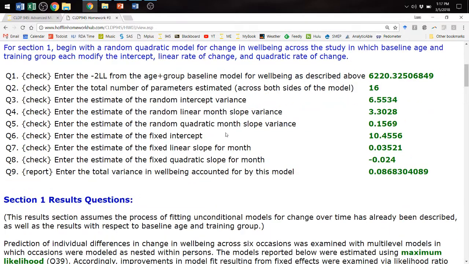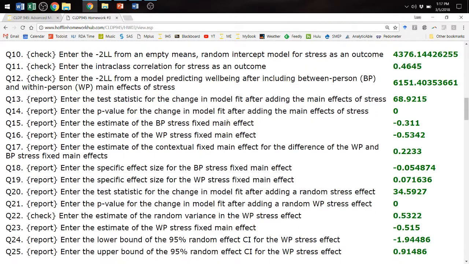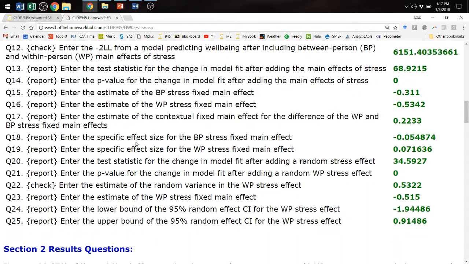So yes, computational questions, I think, for the most part, went pretty well. I did have several interactions with folks thinking about how to figure out what the specific effect size is. And for that reason, your next homework 4, which is ready, rather than adding multiple parameters to the same model and then trying to figure out which one is responsible for which pile of variance, I am having you add them one at a time. So there's more models, but you can see more clearly based on your pseudo R-square results which variance term each fixed effect is supposed to be accounting for. So that may help give you a little bit more background in that process.